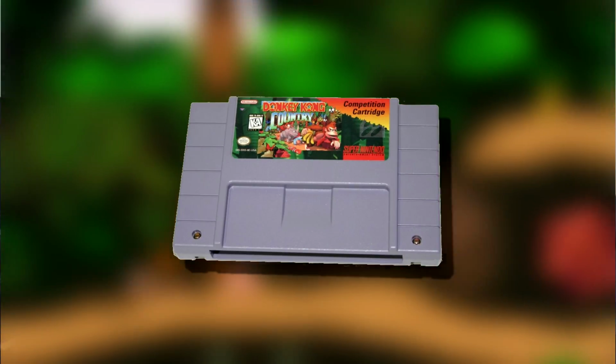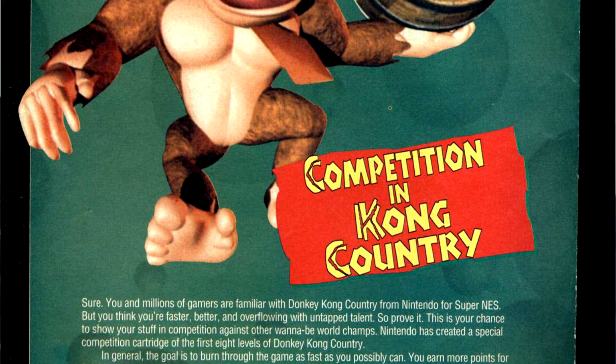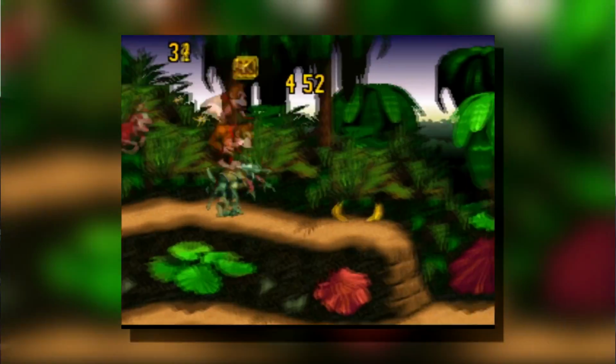The Donkey Kong Country competition cart was used a year later in the Blockbuster World Championships. After the Blockbuster contest, Nintendo sold the DKC competition carts through Nintendo's Super Power Supplies catalog, and only a handful exist. In the game, you pretty much play a mapless version of Donkey Kong Country and try to attain a